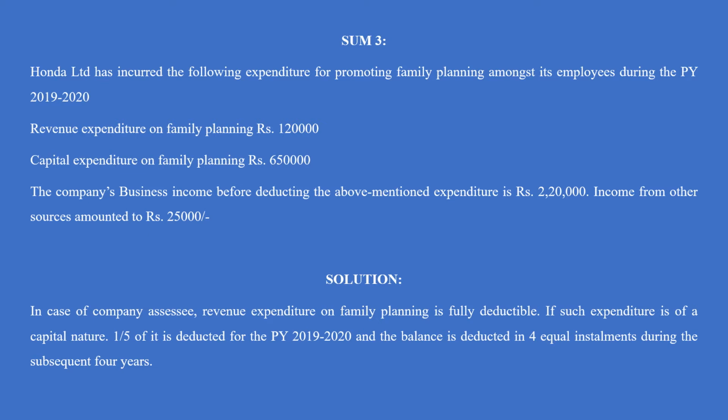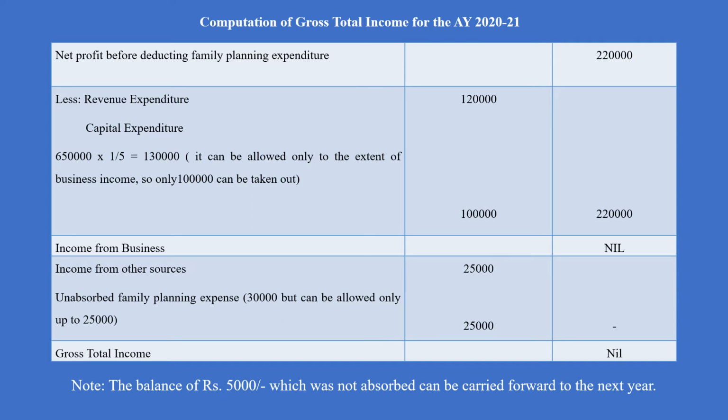So for 5 years continuously you would be deducting. So in this year's calculation only 1/5 of the amount will be taken as deduction. Now we go for the computation of gross total income for the assessment year 2021. So start off with the net profit before deducting family planning expenditure, which is given to you